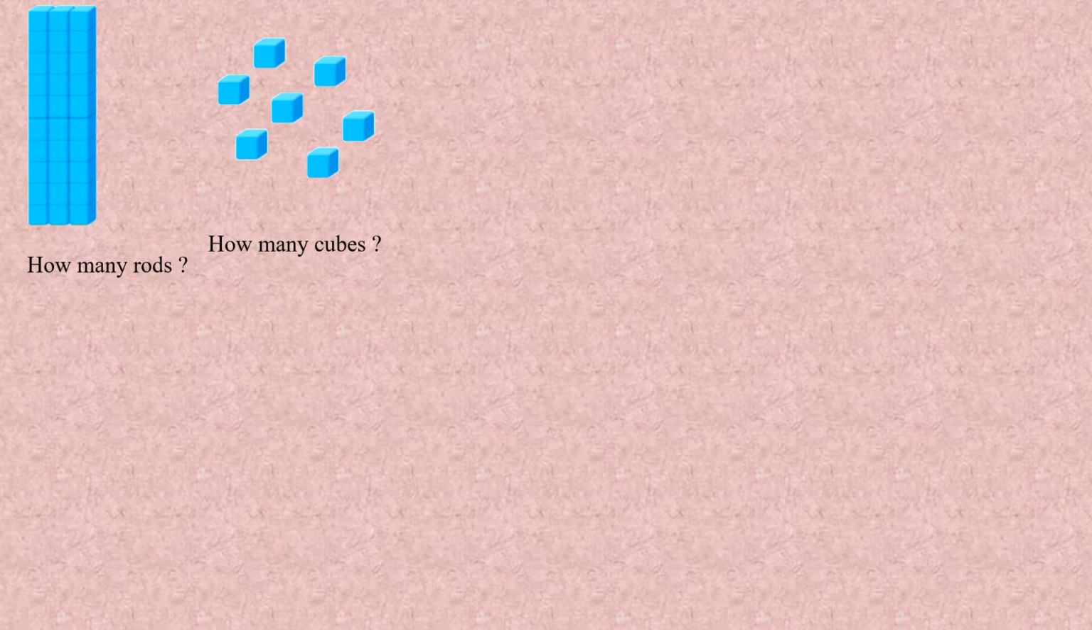Let's guess these numbers. We had done rods and cubes. Now all you have to tell me is how many rods and how many cubes. Yes, there are 3 rods and 7 cubes. So what will be the number? 3 rods, 7 cubes means the number 37. Tens, units, 7 units,